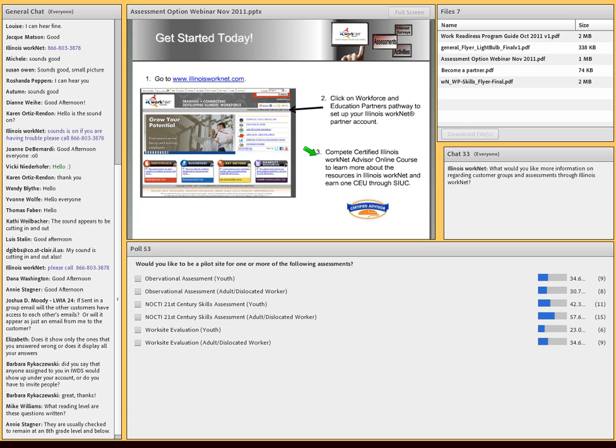So then the next step is compiling that information and providing a series of webinars that focus on specific assessments and how you would use that with either youth, adults, or dislocated workers, and it just really focuses in on that one little piece. That information will also be used to develop a module that will go into the certified only